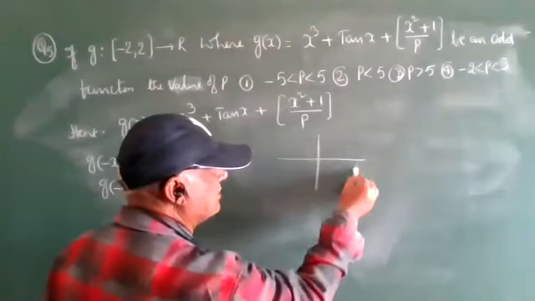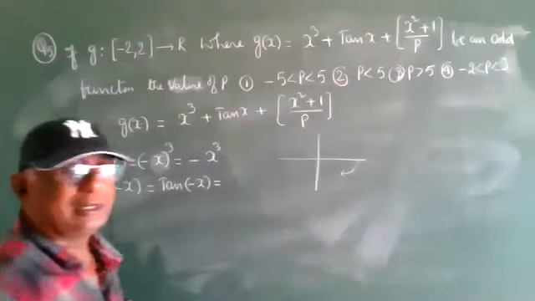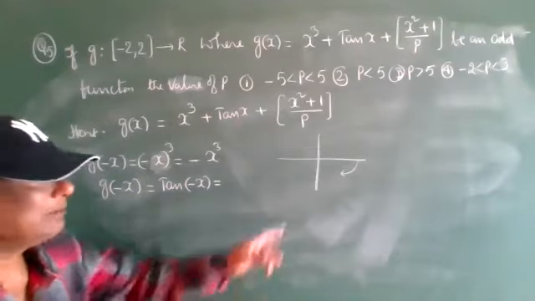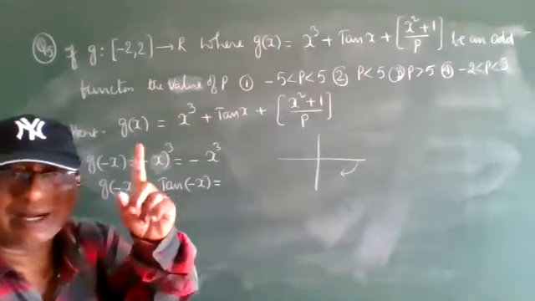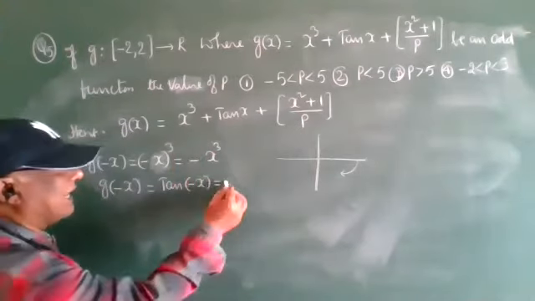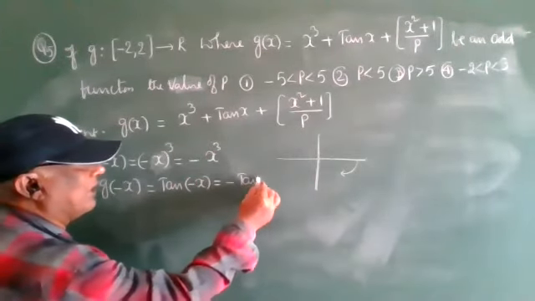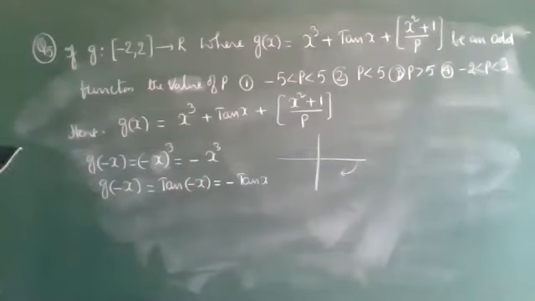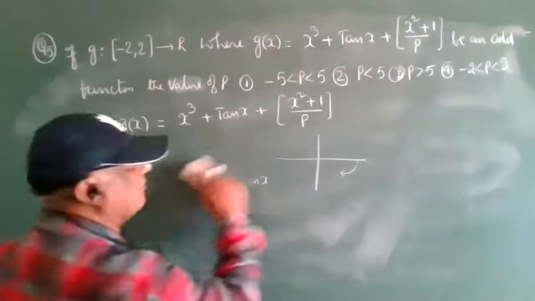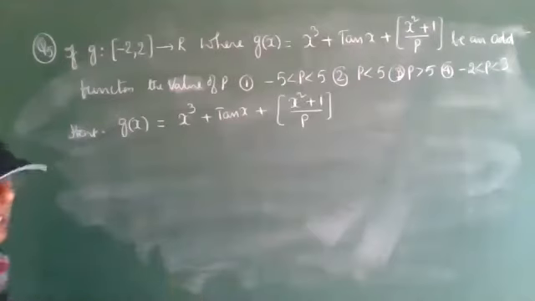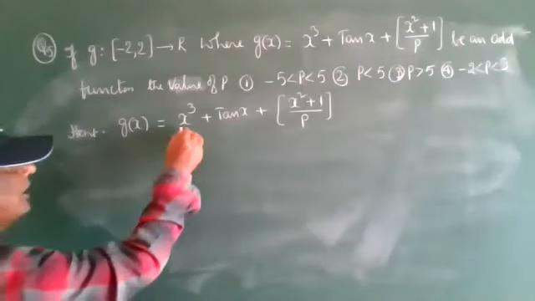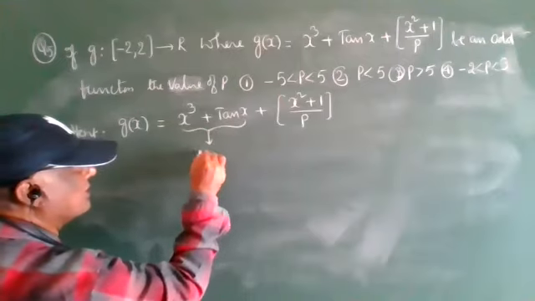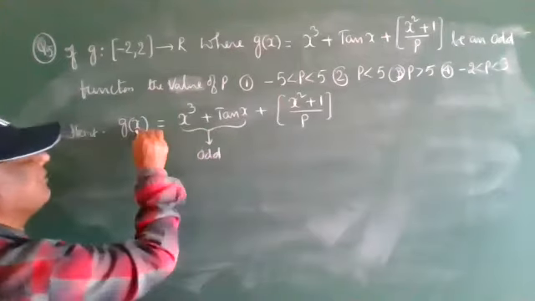So minus x means fourth quadrant, the angle is going downside. In the fourth quadrant only cos is positive, tan is negative, therefore it is an odd function. Okay? It is an odd function. X cube is an odd function and tan x is an odd function. Therefore both are odd functions.